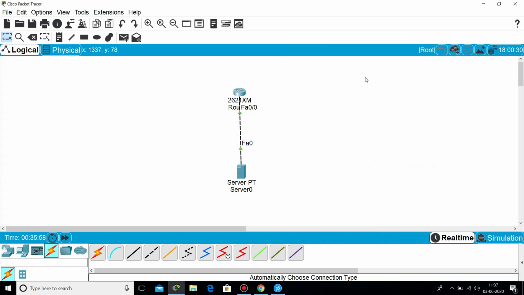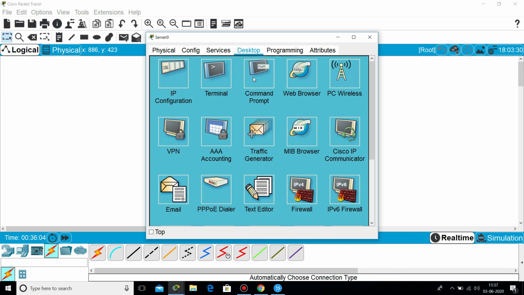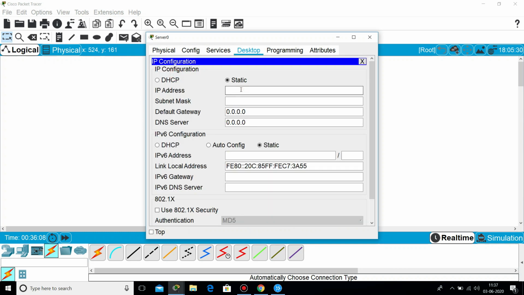Now I will assign an IP address on the server. For assigning an IP address on the server, I will go on the server, then desktop, then IP configuration. Then on the server, I want to give the IP address 10.0.0.2. When I click on subnet mask, it will take it automatically. Then close it.